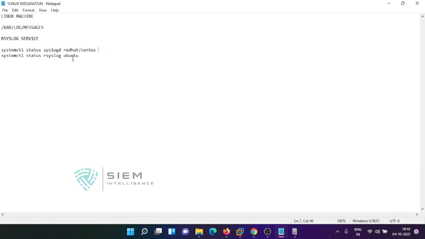You can check rsyslog for Ubuntu, Lubuntu, Kubuntu, the Ubuntu flavors, and Red Hat and all, with this command.